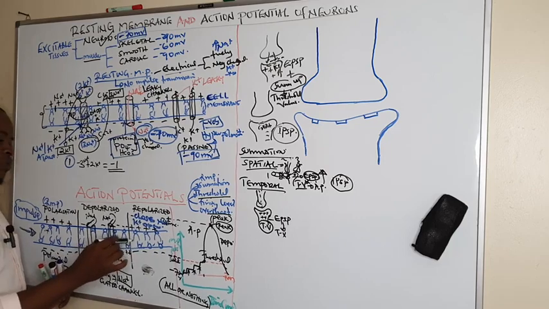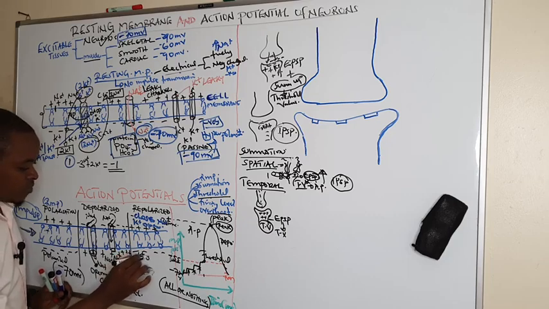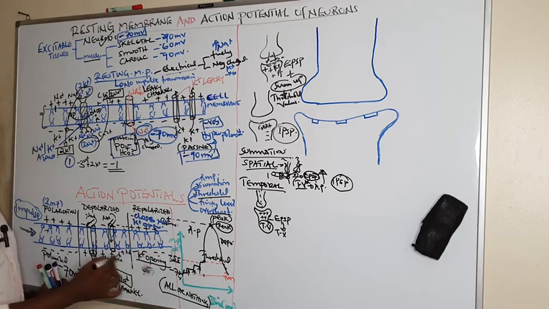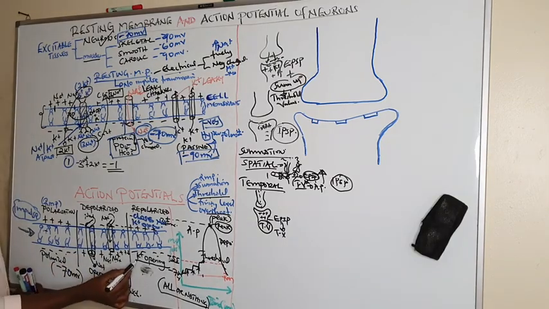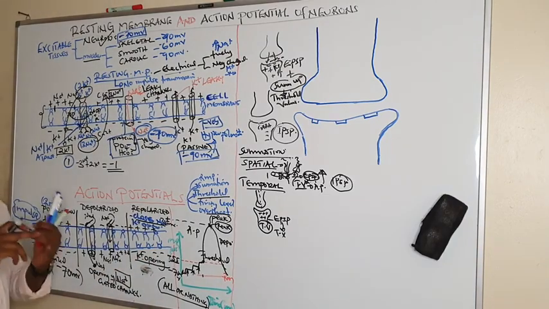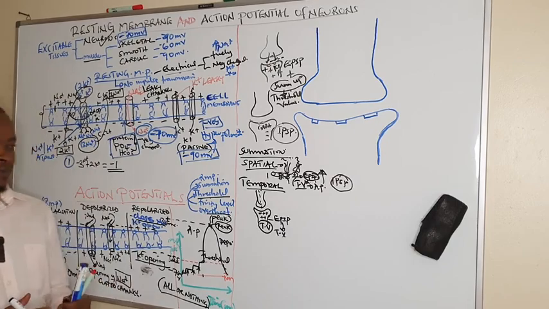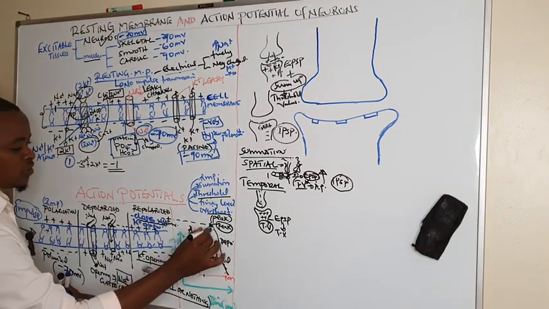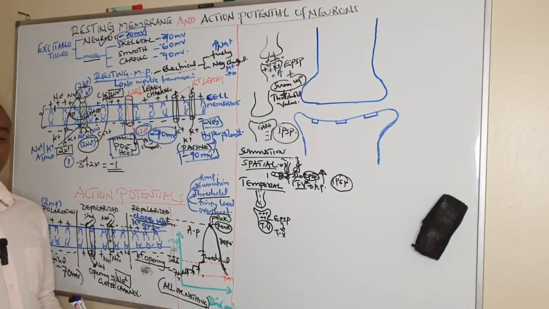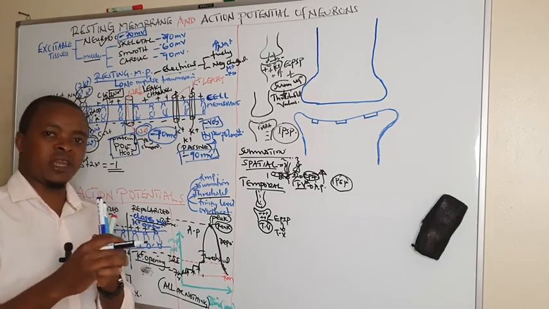And we are saying this is due to potassium channel opening, which we said the potassium gated channels take long to open. So by the time the potassium channels are opening, sodium ion gated channels close. So closure of sodium ion channels and opening of slow acting potassium ion channels are the ones that bring about restoring the membrane potential, due to the quick closure of sodium ions and slow opening of potassium